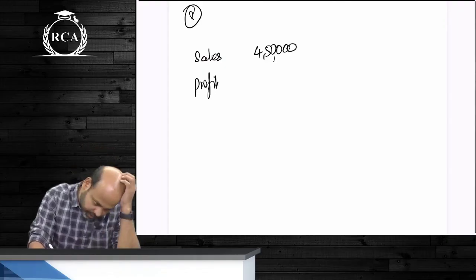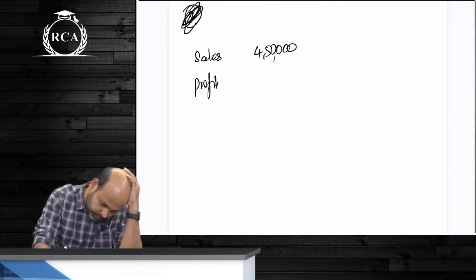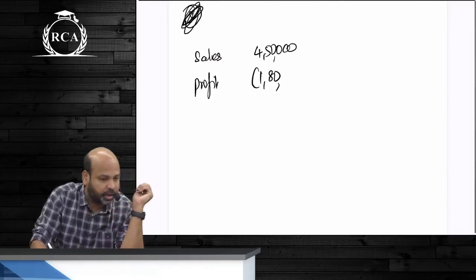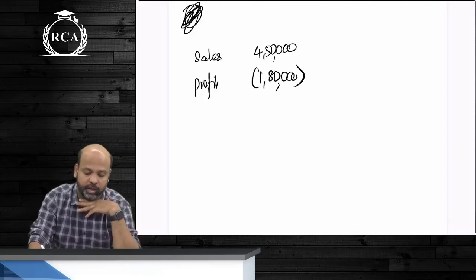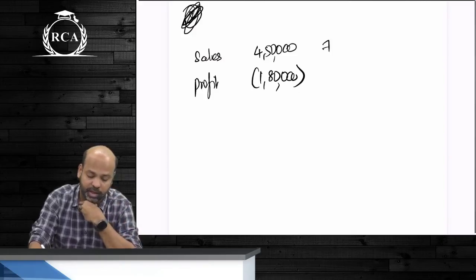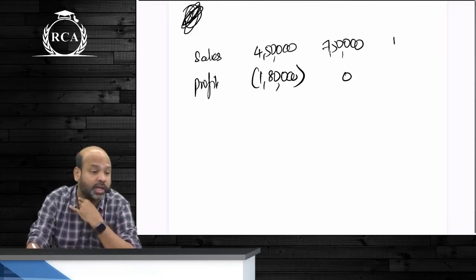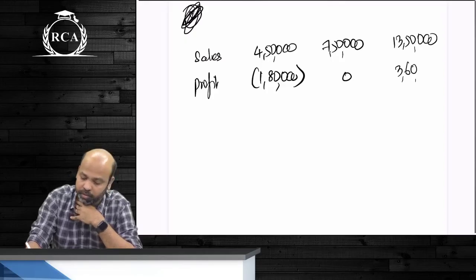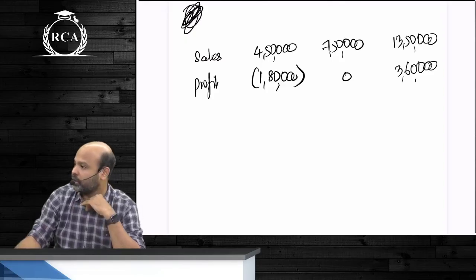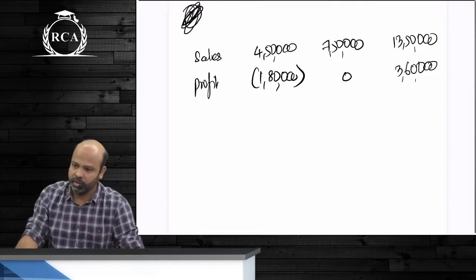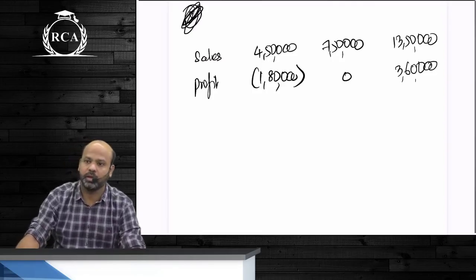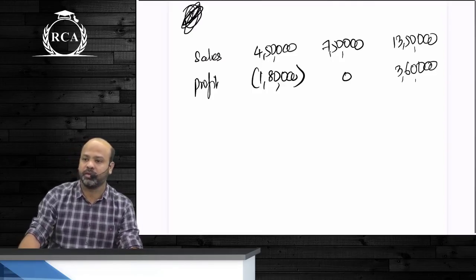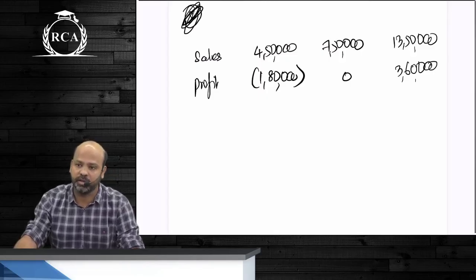That is the starting question, not this question. When my sales were 7,50,000, my profit, beta, was 0. And when my sales were 13,50,000, my profit was. If I just give you this information, guys, and ask you to compute the amount of variable cost and fixed cost, segregation of variable cost and fixed cost,